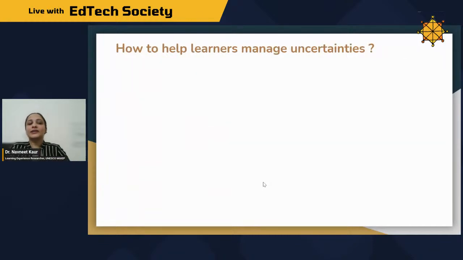Okay. So the next question that we have is, okay, we know that the learners experience different types of uncertainties. There are different factors that are impacting them, and what we actually want to look for when we say that we want students to manage uncertainties productively. Now, maybe as a teacher, as a facilitator, or someone who wants to help the students to manage those uncertainties, what we can actually do. So we'll now talk about some guidelines and maybe some practical things that we can do to help learners manage uncertainties.